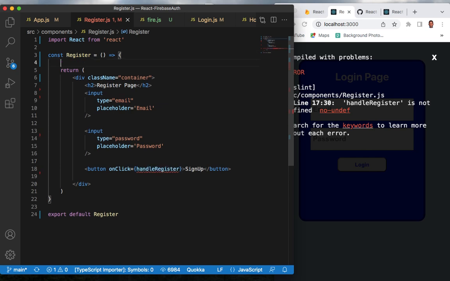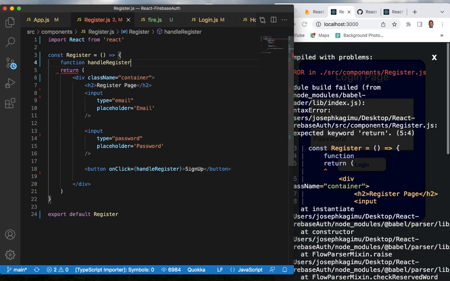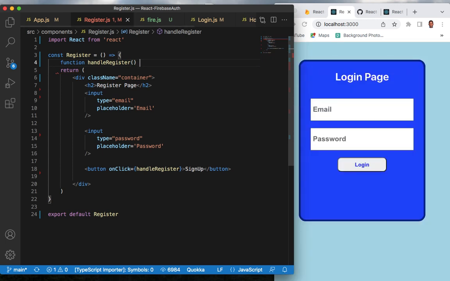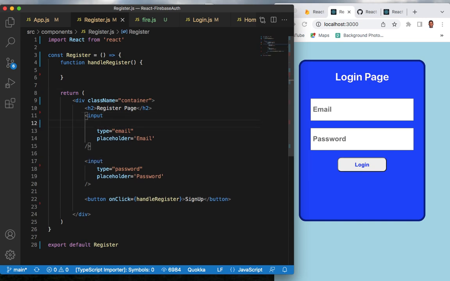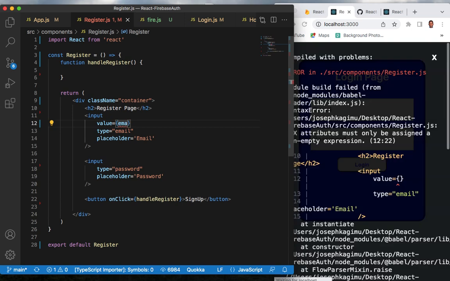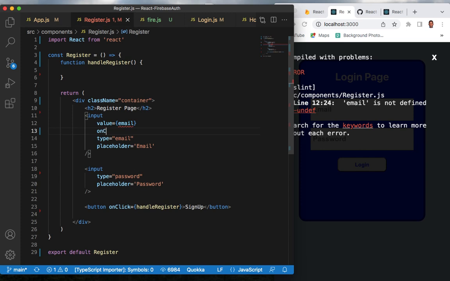So from that, let's use function handleRegister. From that, we need to add a value. Value will be email, and then onChange